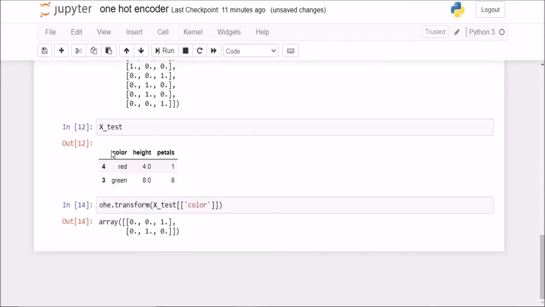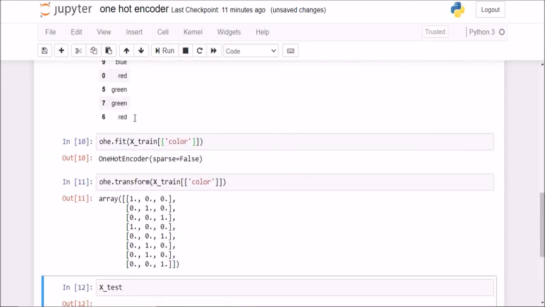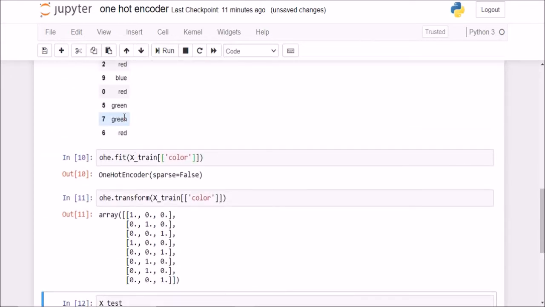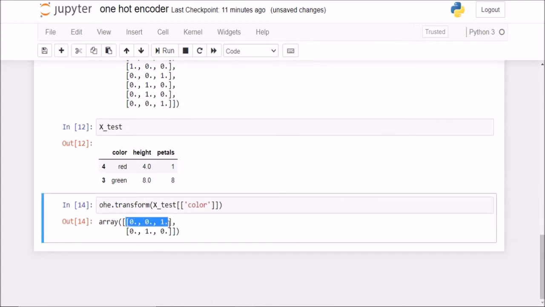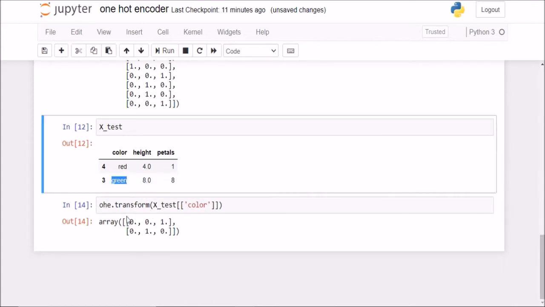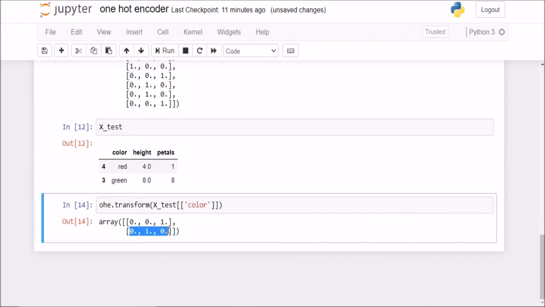The first one is red, and red was 001 earlier, so red has been kept as 001 here as well. The next one is green, which was 010, so 010 is here as well. We didn't have blue, but if we had blue, it would have been 1 here and two zeros here.